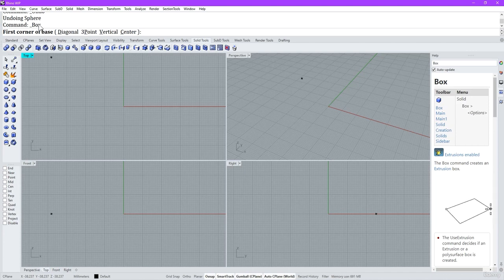So for this box, it's going to ask us for the first corner of the base, and I can select in either of these four viewports. I'll start from the top here, and then I want the